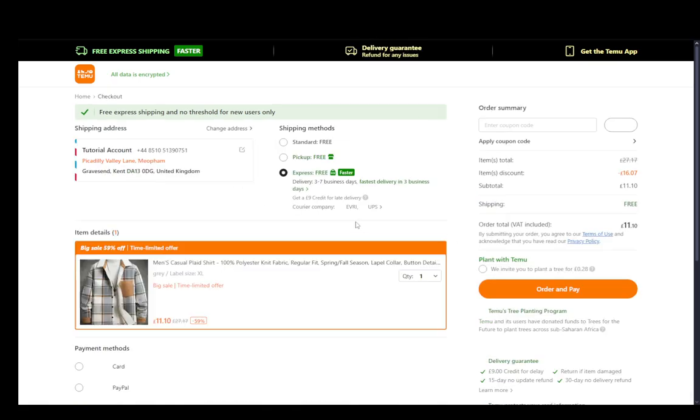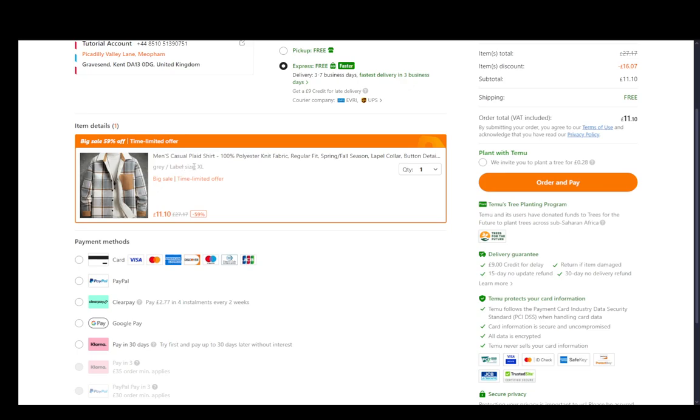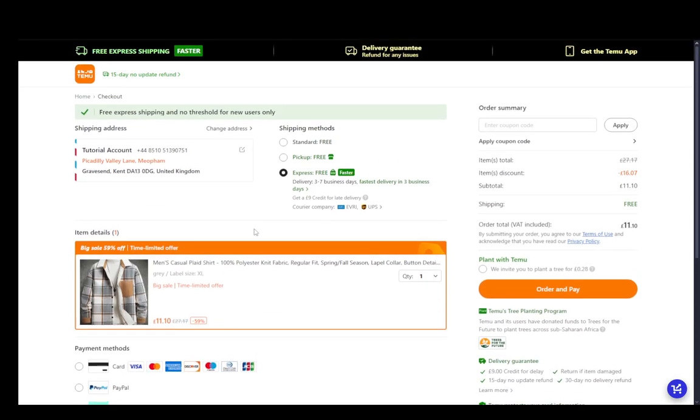Now, if I go into the checkout, as you can see, it is pretty much locked, so you cannot change the size here, and you cannot change the size after you place the order. If you want, while it's still processing, you can cancel the order, or if it's been shipped, you need to wait for it to deliver, and after it's delivered, return it and order something else using the store credit you